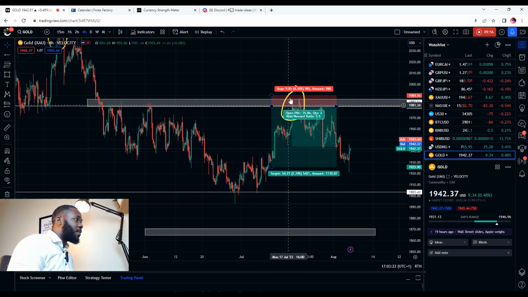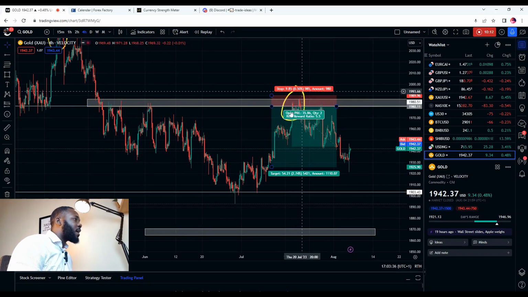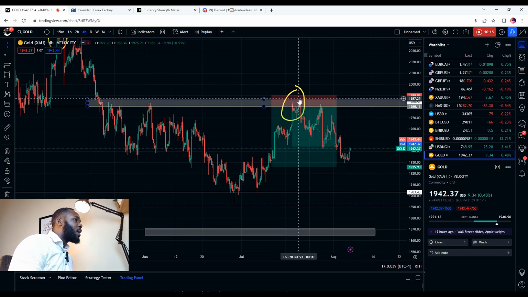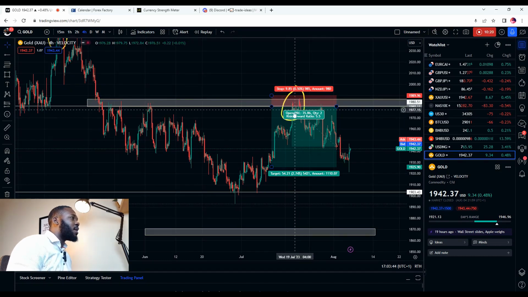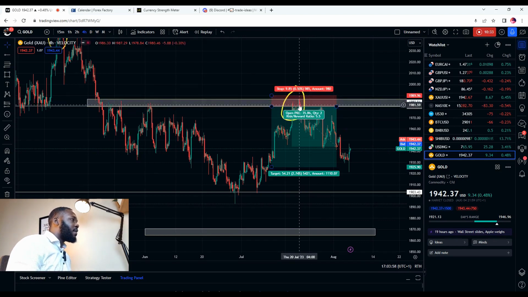When it went up to the upside, came back to your profit zone, went back up, this is how the market manipulates you to take you out of the market before even going down to your profit. You can see right here. So it came back and pulled back up, looking like it was breaking out. That was a fake out. It wasn't breaking out. It was actually just manipulating you to take your stop loss, because the market is so eager to take you out of the market before going to your profit zone. So you can see right here that the market came back and started pulling back to your profit zone, up to your TP.